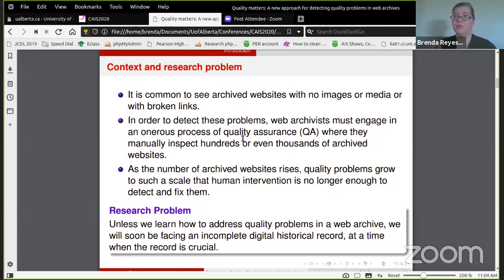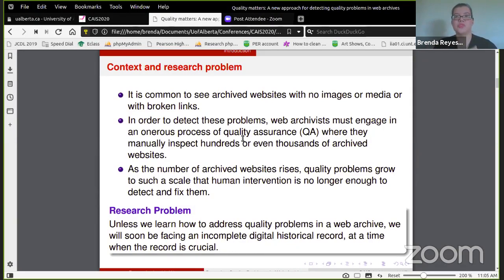So they have to detect the problem, check if there is a problem, and try to fix it. So as the number of archive websites rises, quality problems grow to such a scale that human intervention is no longer enough to detect and fix them. This is particularly true for archives and universities or even national libraries that have a legal mandate to